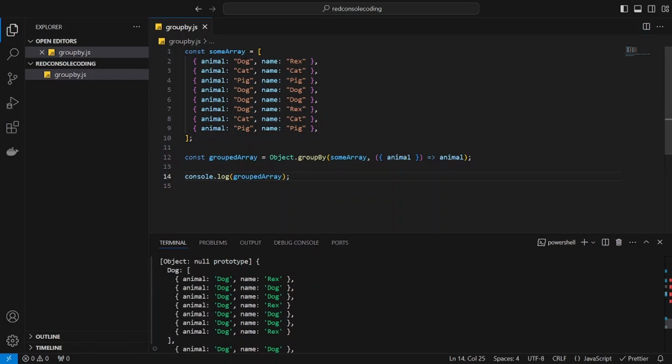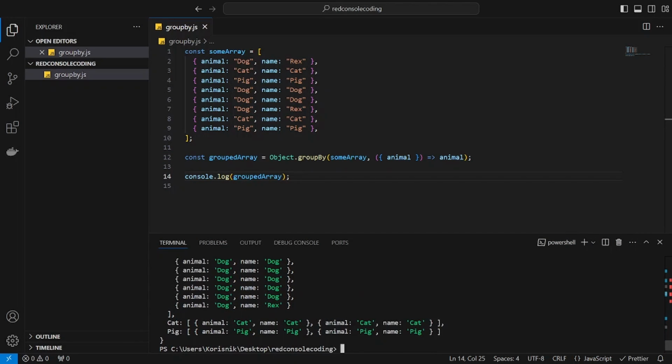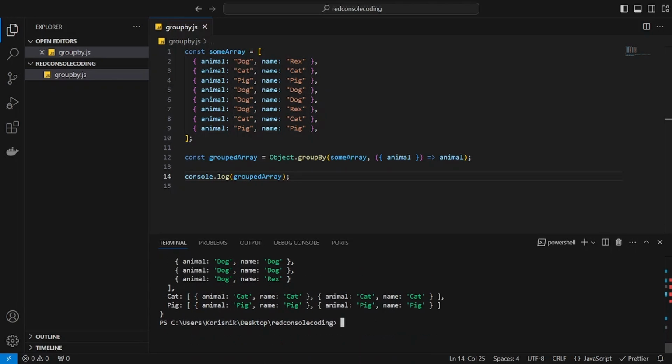This function is very useful and I use it a lot, whenever I need to group some elements, maybe manage some lists. For example, if you have lists and you want to group the items inside the lists by some criteria, like is some date active or not active, or is some group active or not. You can group them